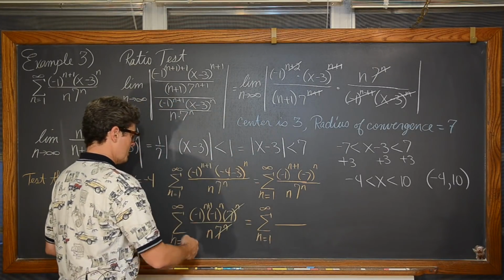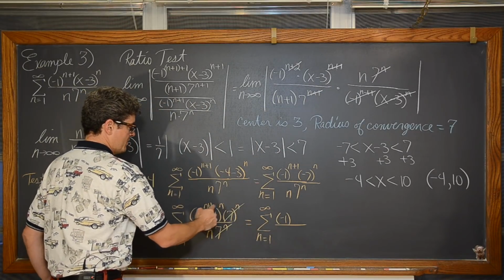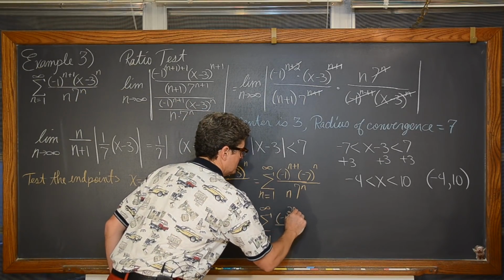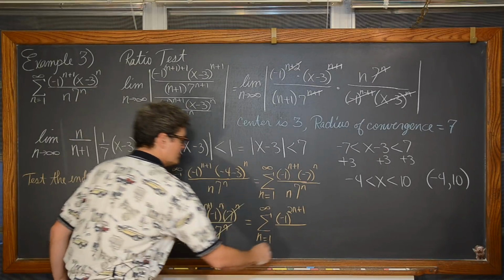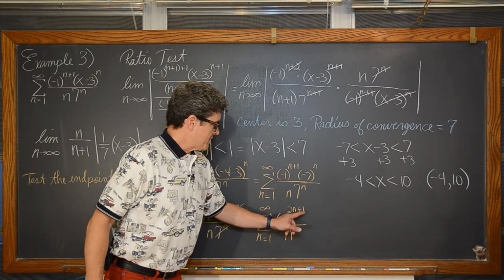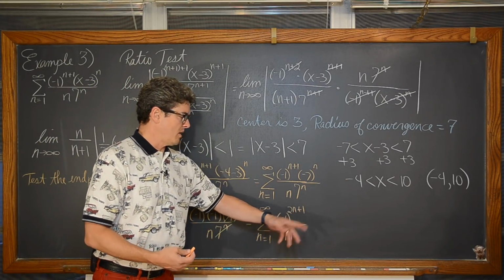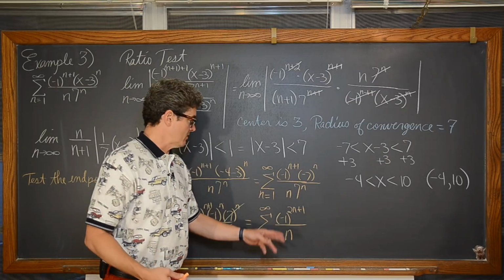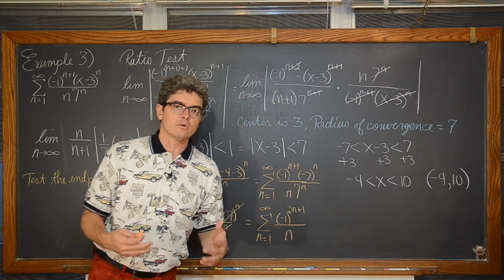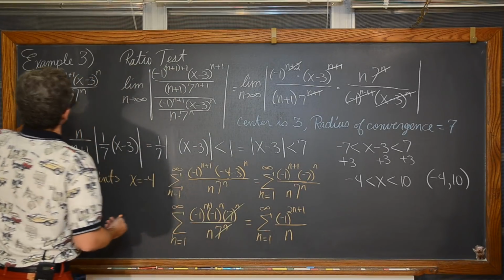So in the numerator, we're left with -1 to the 2n plus 1 over n. And 2n plus 1, I think you're probably pretty comfortable by now. If you take a number and you double it and you add 1, you're guaranteed to have an odd answer. And -1 to an odd power is always going to come out to be -1. So this looked like and was an alternating series.